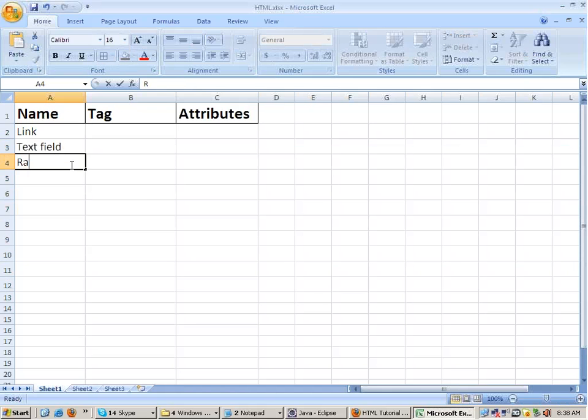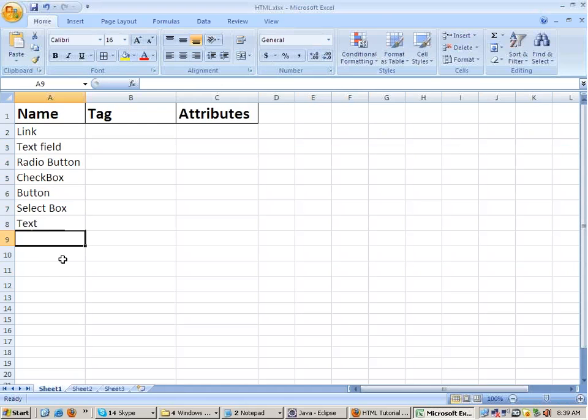right? You can have a radio button, you can have a checkbox, right? Then in HTML you can have a button, a select box, a drop list, that is, right? Then sometimes we have the text as well in HTML. We have the normal text which is visible to our eyes, fine, and majorly these are the components which